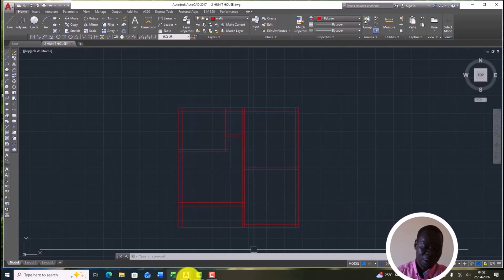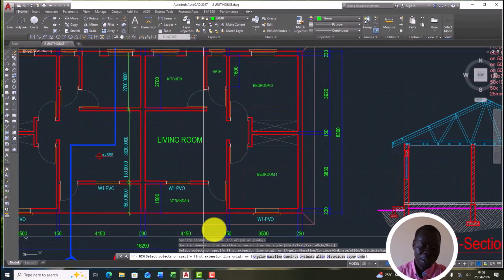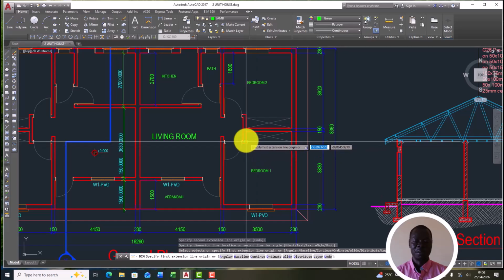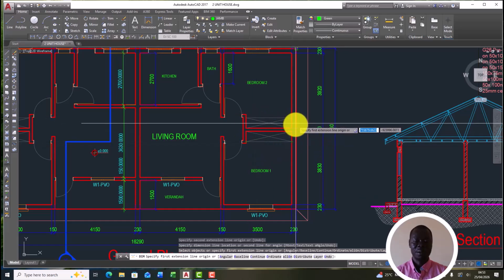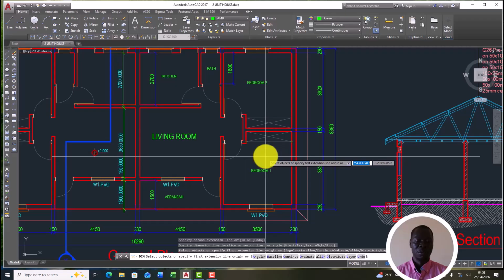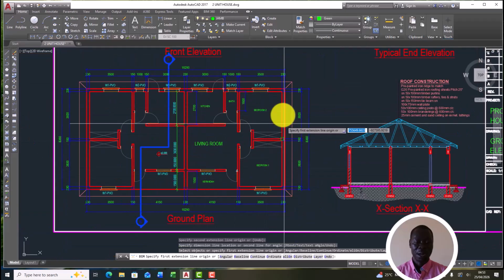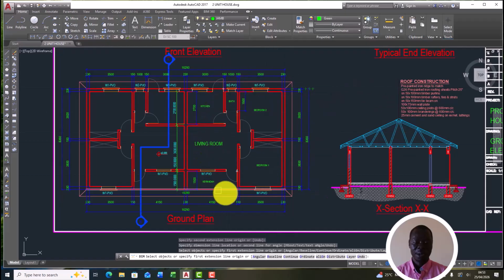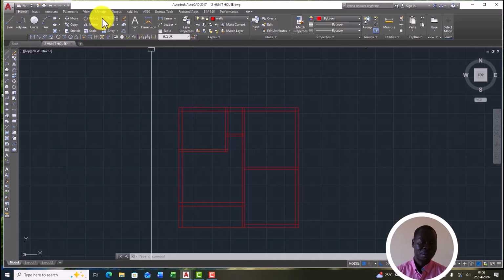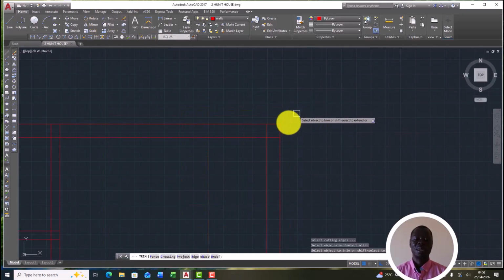So when we go to our original, we can look at it and we see it's exactly how it looks like. But we have a wardrobe here, we have a wardrobe here, and then yeah, those are what we have. So we can do cleaning around here now to trim around so that we can come up with exactly how it looks like this. So we go back to our drawing, then we select trim, we right click, then we now trim